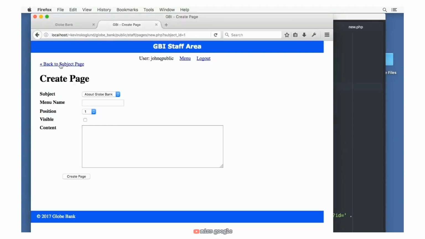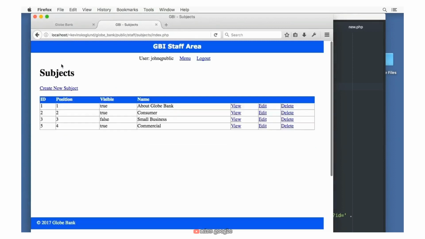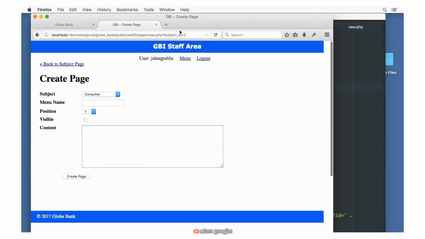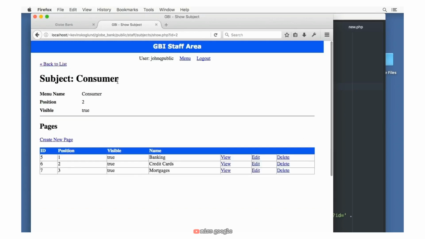All right, now let's try it. Just so we don't have 1, let's go back to our list of subjects and let's go to consumer. Let's click on view. So this is ID 2. Let's click on create new page. Subject ID equals 2. And look at that. Consumer is already pre-selected in this list for us. And now when we click back to subject page, it knows that we came from consumer because I have that